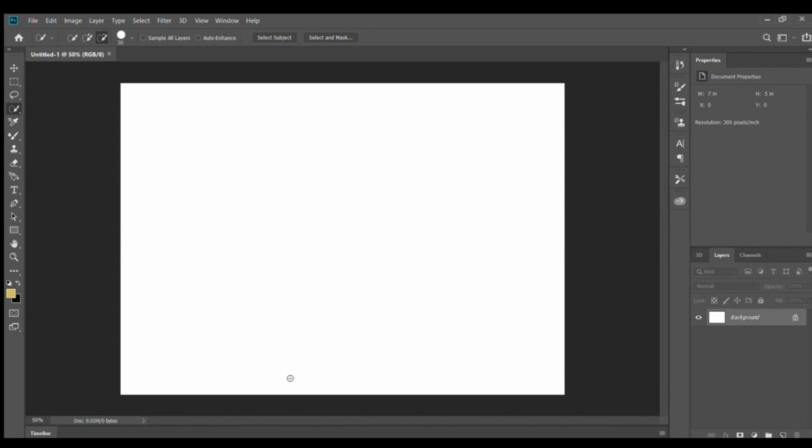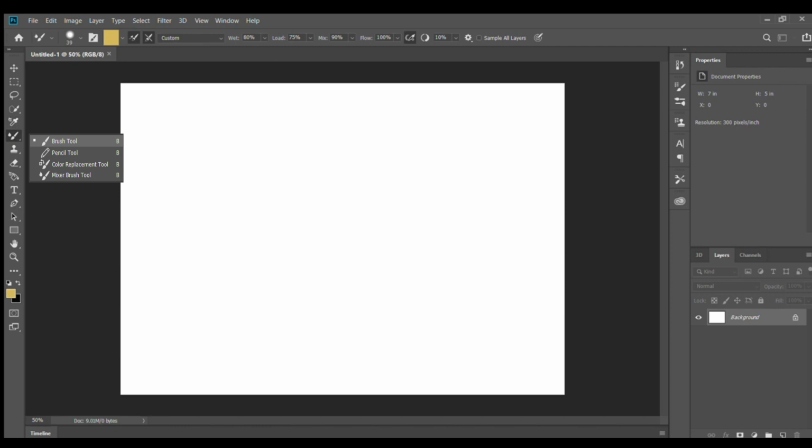So today we are going to see the brush tool in Photoshop. So what is the brush tool in Photoshop? We are going to see here. If you want to use the brush tool, you need to press B from the keyboard. So here you can see all the properties related to the brush tool come just below the menu bar. Here you can see the size of the brush, the color which you want to use, and if you want to select some other tool, then right click from your mouse and choose from this list.